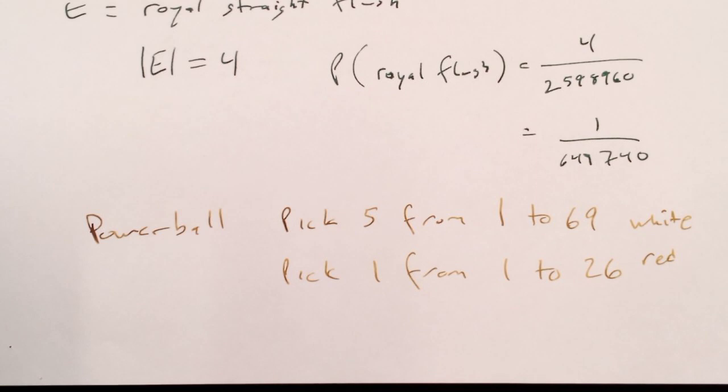If I do 69 to the 5th, it means I can get the same number twice. Can you repeat a number? You're bubbling in a bubble sheet. Can you bubble in the same number twice? So I can't repeat things. Does the order in which I get the numbers matter?